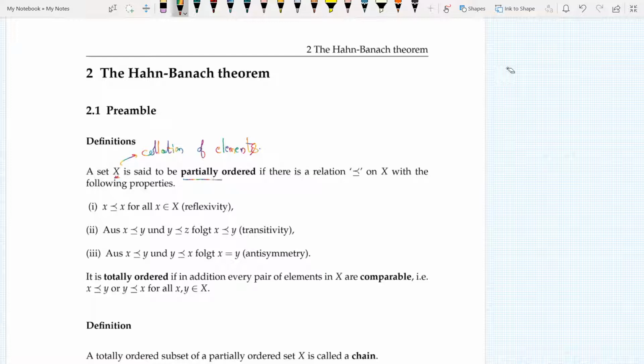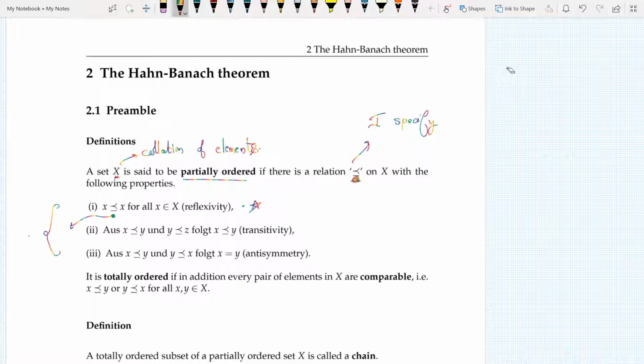Now it's said to be partially ordered if there exists a relation on X with the following property. By a relation less than or equal to, I specify it. It could be anything. It could be the sign less than, say, division or multiplication or addition. So the property that this relation should satisfy is this. X less than or equal to X, which is the property of reflexivity. I want you to understand very precisely and clearly that I can choose this, so this can be any operation according to my choice, which